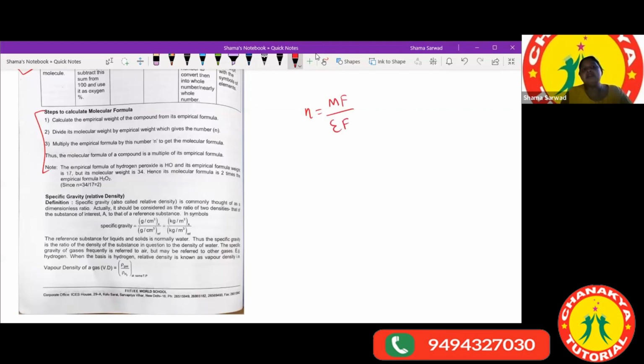Now multiply the empirical formula by its number n. So how are you going to calculate the molecular formula? Molecular formula is equal to whatever n value you get here, multiplied with your empirical formula. For example, suppose you have H2O2, our empirical formula would be HO, right? And n value would be 2, because the empirical formula